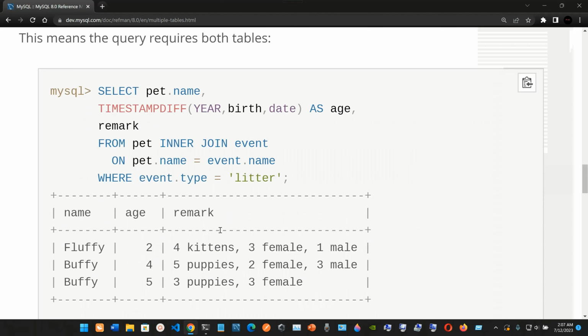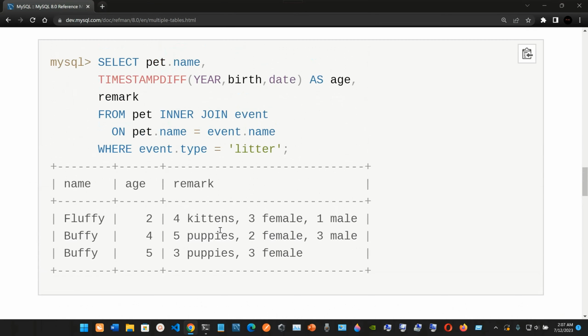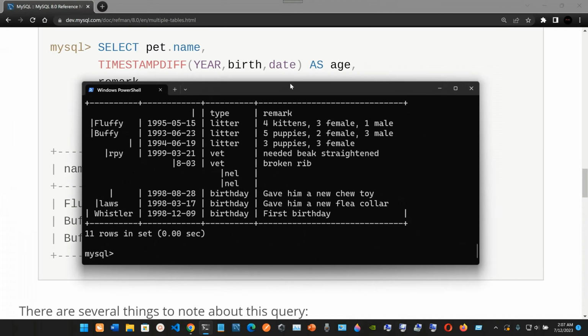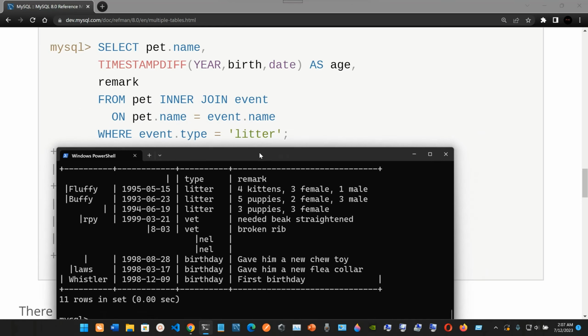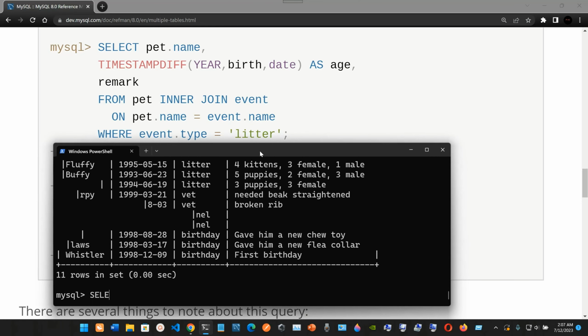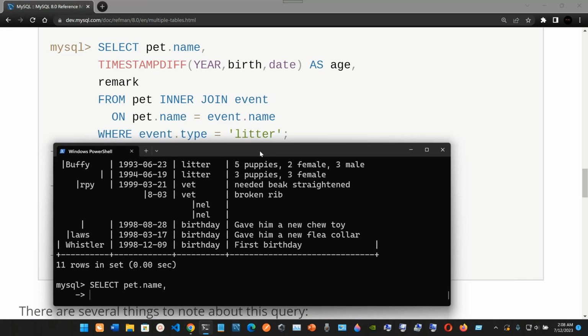So let's try it. Let's see if this works. Okay, so we can try and let me see. Let's go. Okay, so this one is gonna be okay. So we're gonna type in select, and it's gonna be from pet dot name. We're gonna put in a comma here. So now we're gonna type in